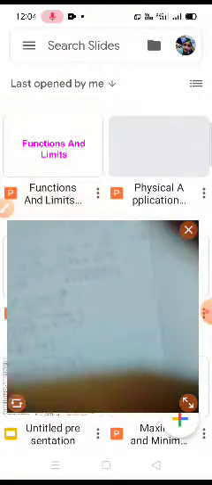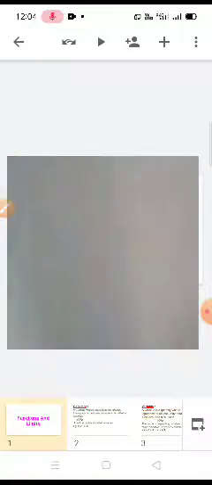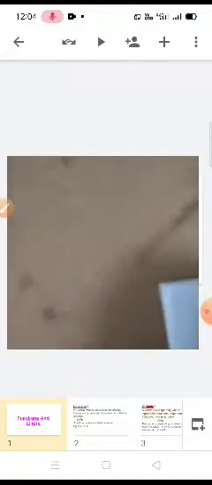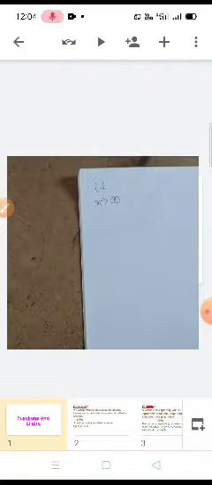Now we have to see another problem. See the next method. When you have limit x tends to infinity,